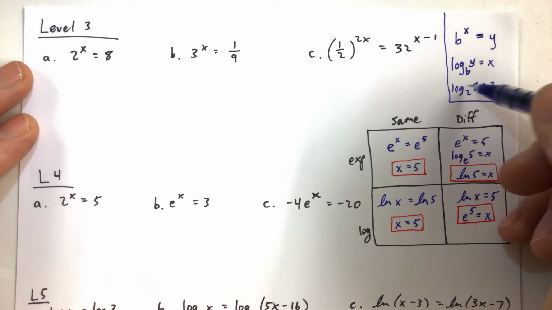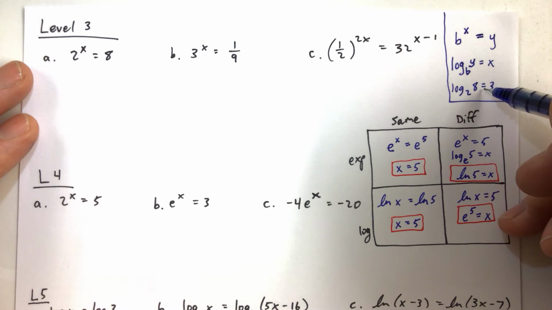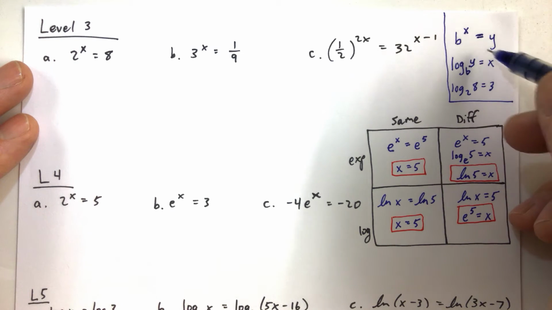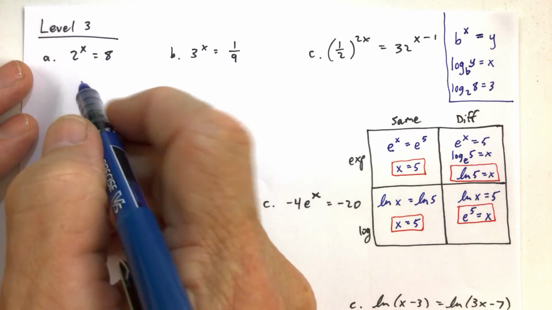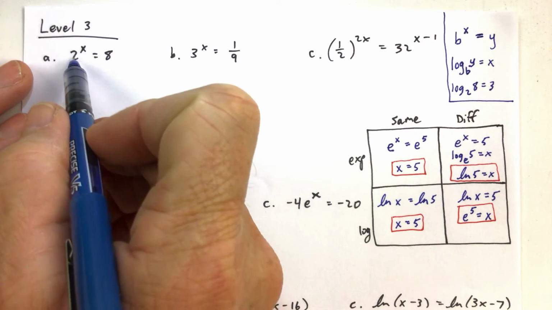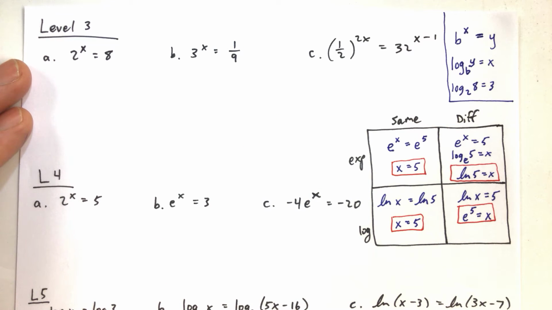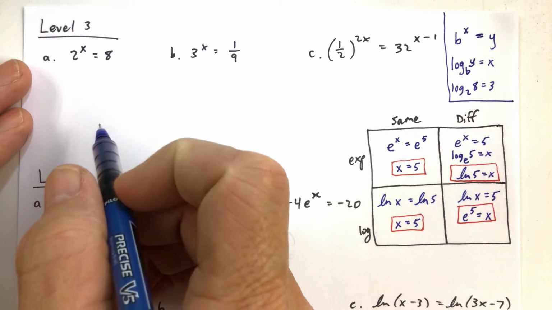So if you look at a logarithmic equation and you want to convert it to exponential, maybe just write that down and then write down the 2 to the third equals 8, and then you'll have your relationship on where all the numbers go. So in other words, how does that help us? Right here, 2 to the x equals 8. This is an exponential equation that we want to solve, and we want to figure out what the value of x is. Well, if we want to figure out the value of x,